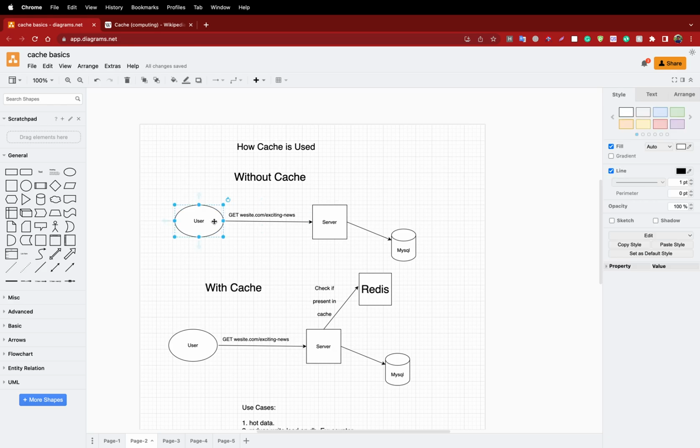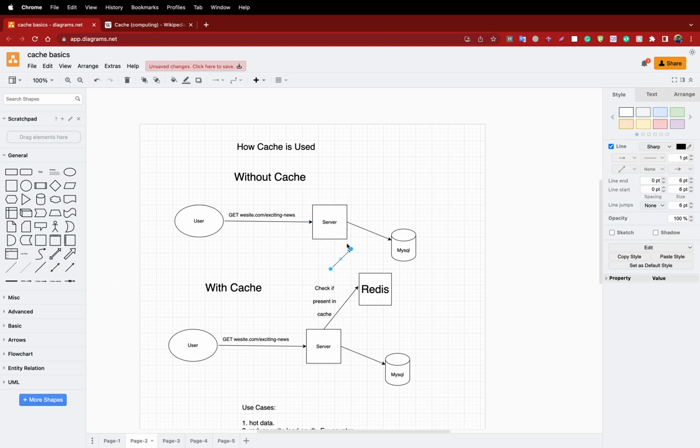So the user comes to your server with a request saying, okay, you go to your website, get me the news for this link, the exciting news. Usually, and normally, what we do is, we have a server in the backend, and the server requests the database where the data is actually stored. So the server normally requests the database, and the database gives back whatever is needed, like the title and every